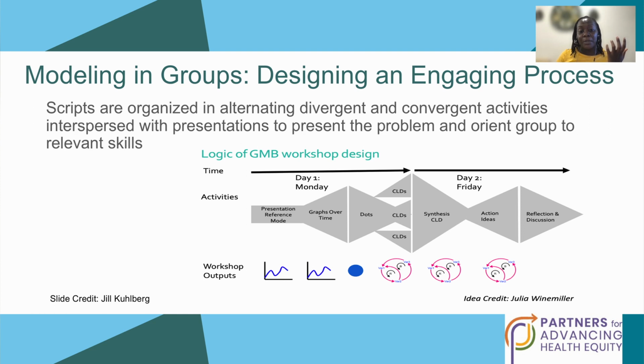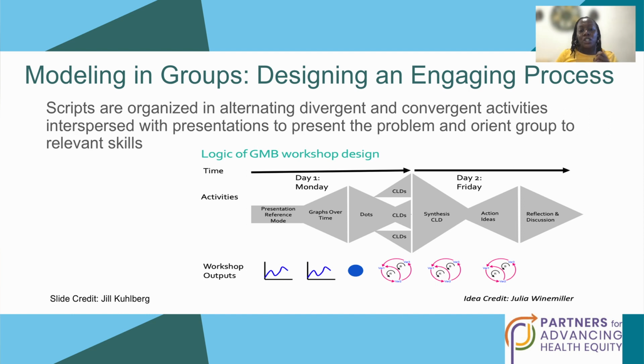So oftentimes you start out your group model building workshops with that presentation of the reference mode. Those are the activities, activity 1 in the homework. Then you iterate what are called divergent and convergent activities. Divergent just means you're getting the variety in your group's mental models. Convergence means you're trying to take that variety and have the group move toward a consensus on the most important parts of the system that matter for the problem that you all are trying to solve